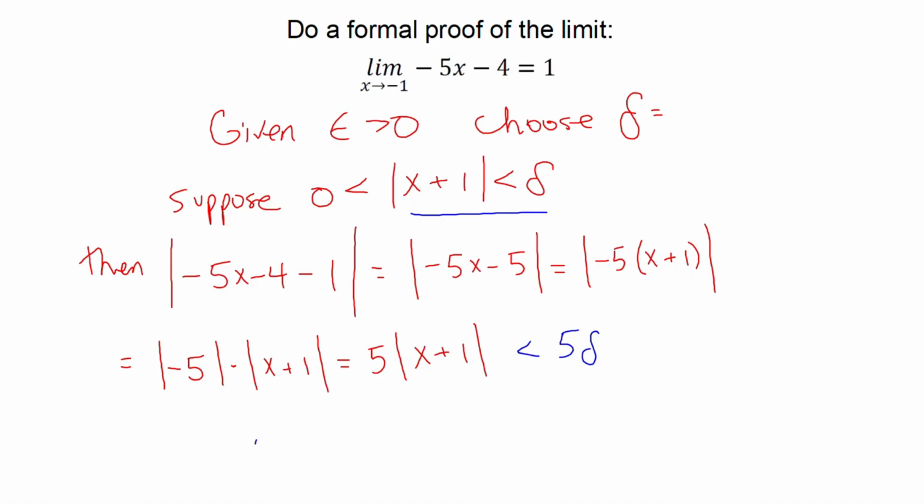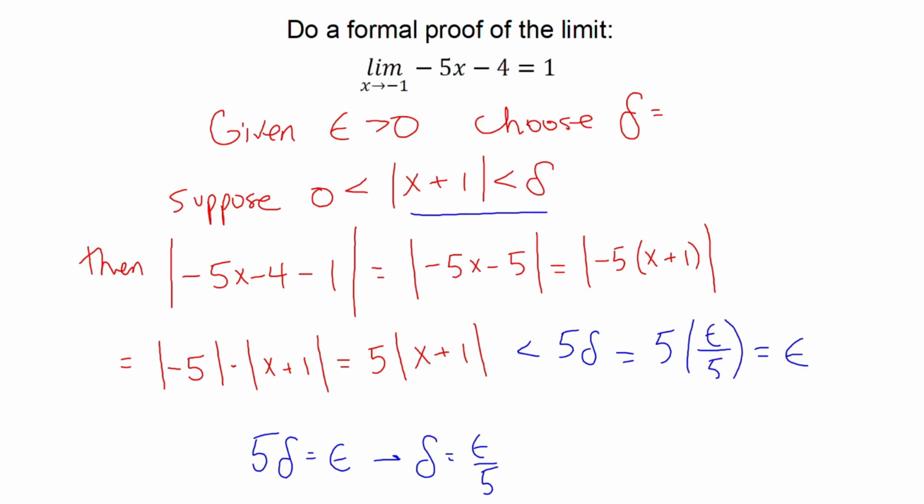And if we then let 5 delta equal epsilon, then delta should be epsilon over 5. So we'll say 5 delta is 5 times epsilon over 5, which is epsilon. So our choice for delta is 1/5 of whatever epsilon is. So in other words, practically speaking, what this means is